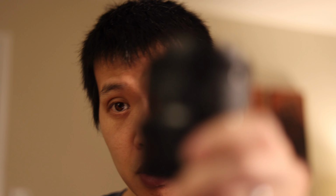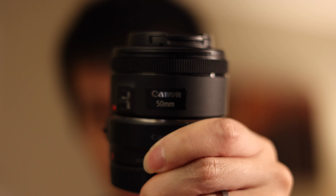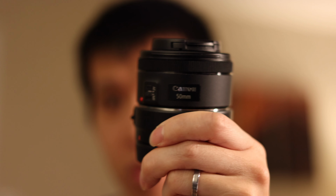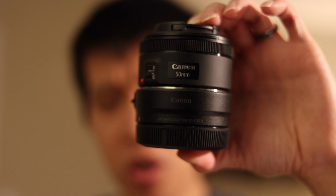Let's see. We'll take some stills with this as well to see if one is particularly sharper. We'll take them from the same distance. Now, with the mount, you'll see that this is roughly maybe 2 inches longer than the RF mount, because there's an adapter on it, and then it's just going to be a little bit taller,